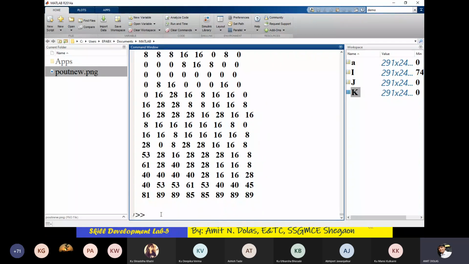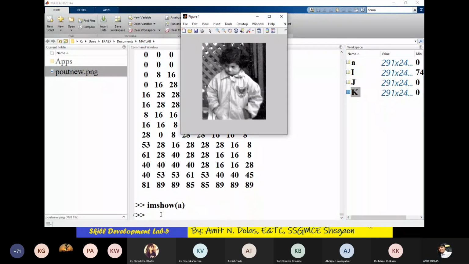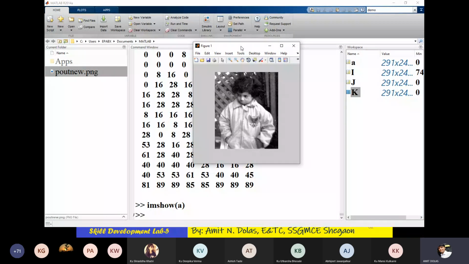So this is new, and I will say imshow in brackets a. So you can see the image we modified has been written into MATLAB.